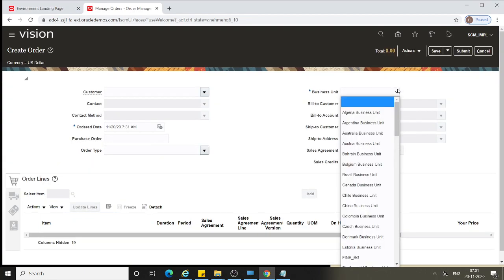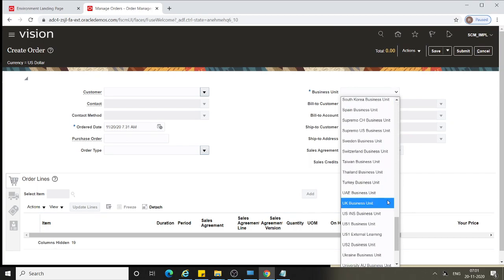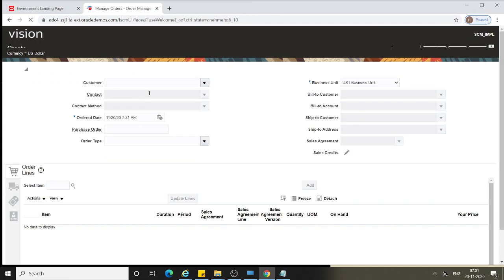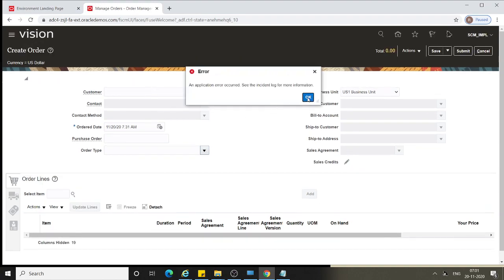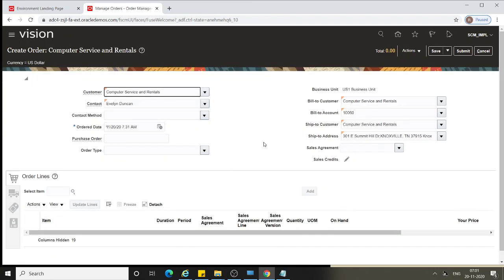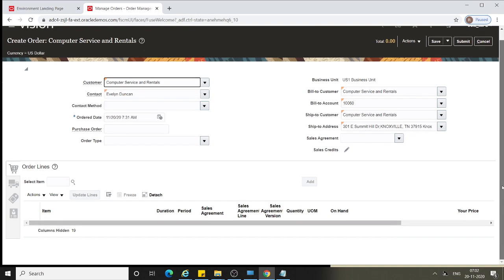Here you select the business unit as US1 business unit, and the customer I am going to select is computer service rentals. As soon as I select the customer, the bill to and ship to details get defaulted automatically.